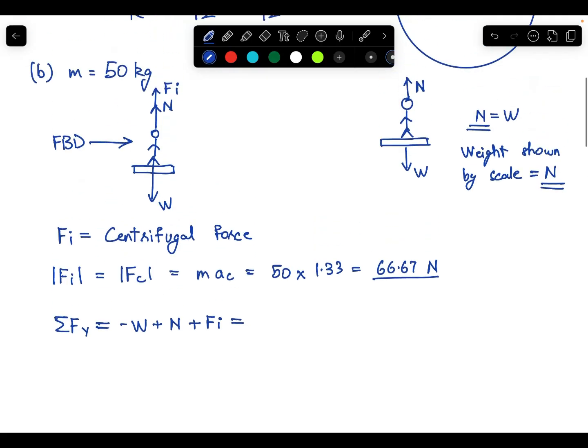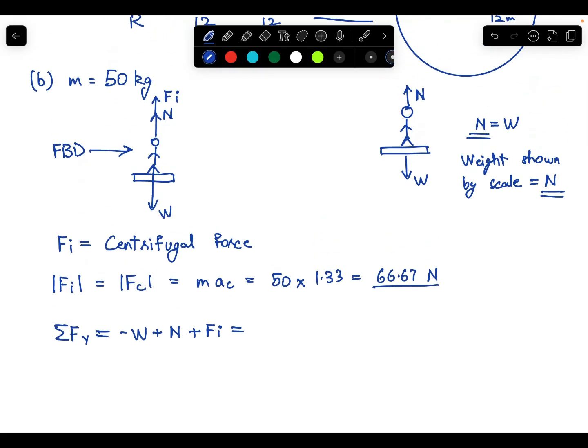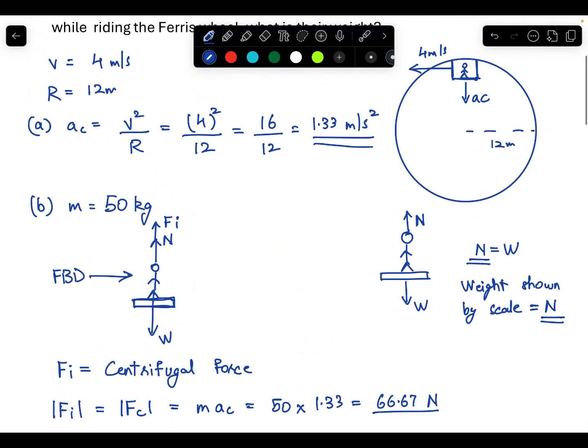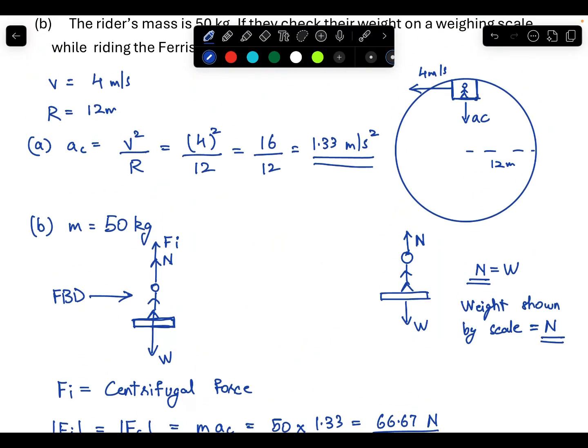And now this person, with respect to the weighing scale, is not moving. So the net acceleration inside the Ferris wheel, let me call this the carriage,